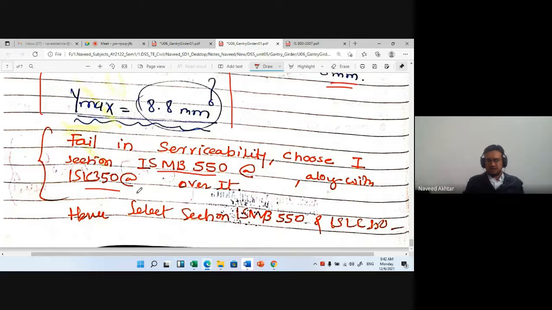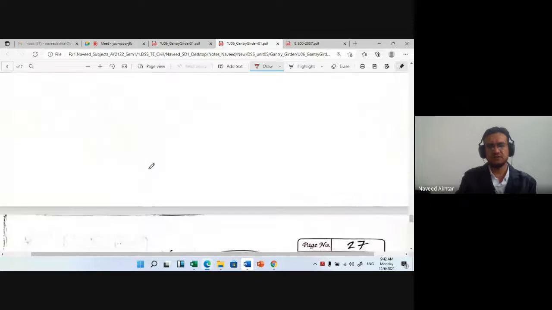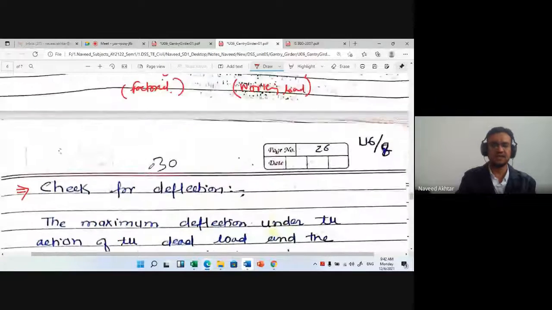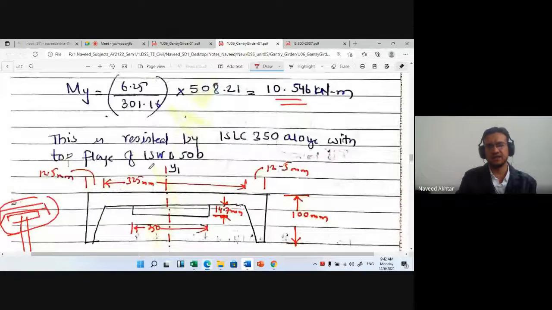Okay, so today we have completed the design of your gantry girder also. I explained to you many times that you should see the IS code, you should see the lecture, you should write the step-by-step calculation. I will share these sheets with all. Already shared on WhatsApp also. So you can go for this design for gantry girder. Same design example you can solve with different loading conditions by varying the crane capacity.